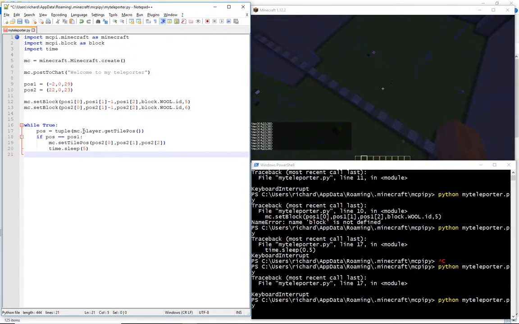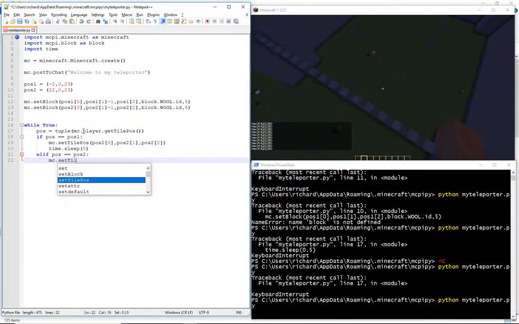We don't want it. So we want to wait to make sure it gives time to get off the thing, and then we can do an elif. Okay. Otherwise, elif means otherwise. So otherwise, if the position equals pos 2, so we're in the position 2 position, then we need to set our position to the position 1 position. Set our pos 1,